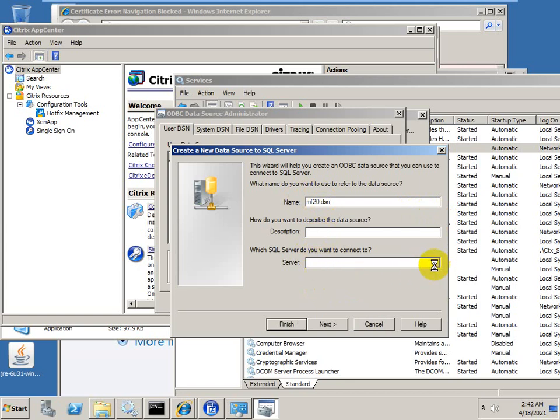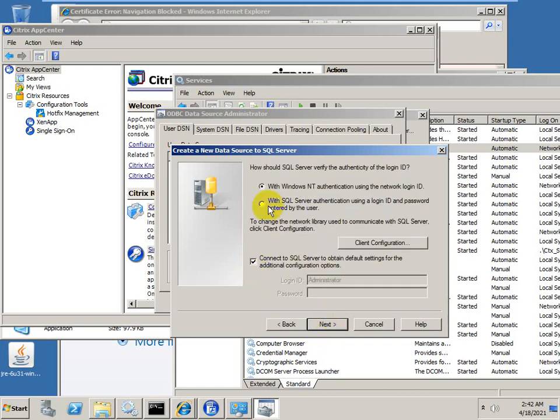You need to select the server; it will show the server which is connected with the database. So let it fetch the details here. It's the same server. Got this server? Yes, it's the WinDB, Citrix DB.